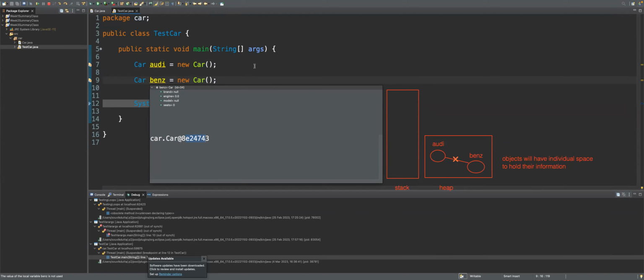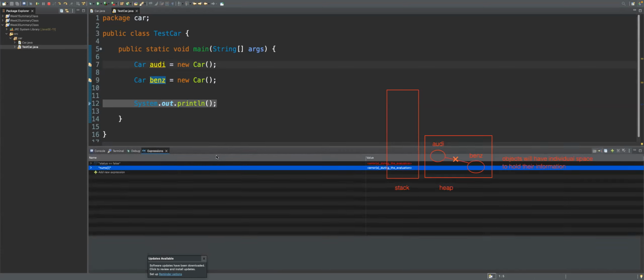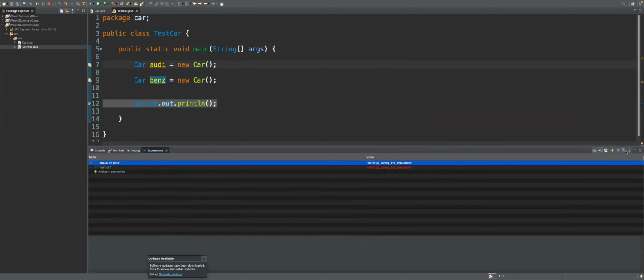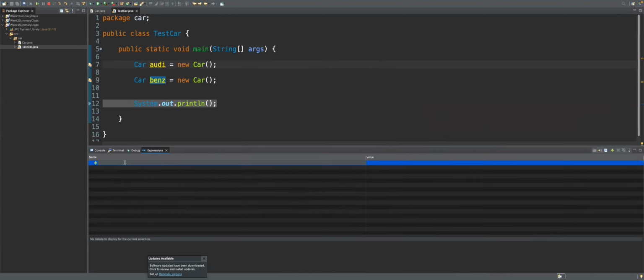Okay, let's do something. Let me go back to the expression, this watch tab here, and let me clear my screen and delete the information I had from the earlier run. And over here, I'm going to run a simple code. I can say, just tell me if the object Audi dot equals